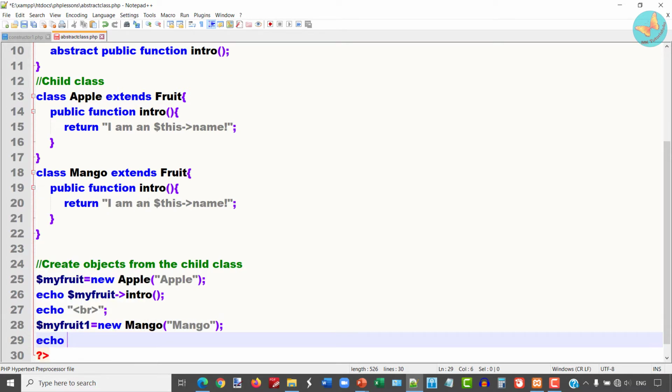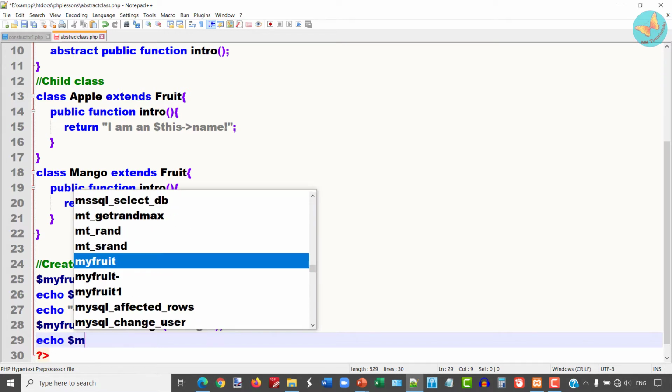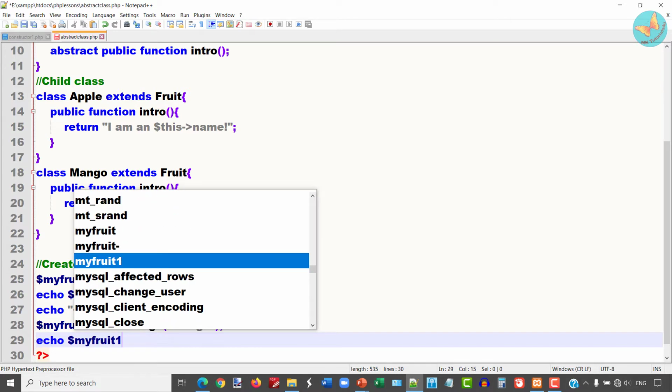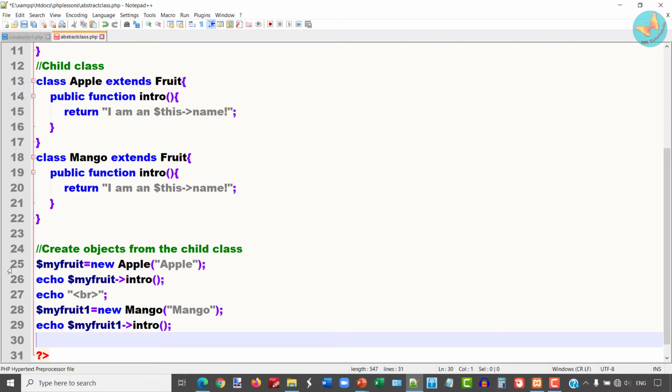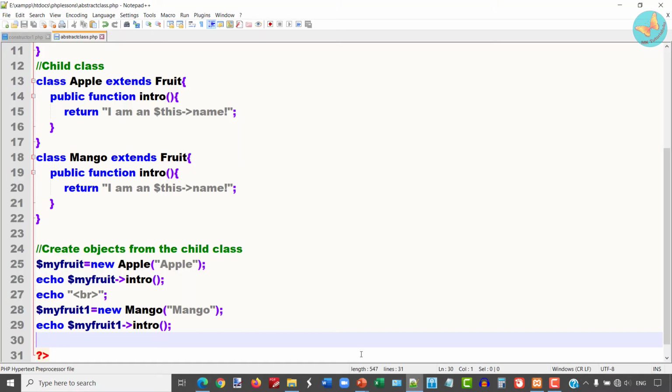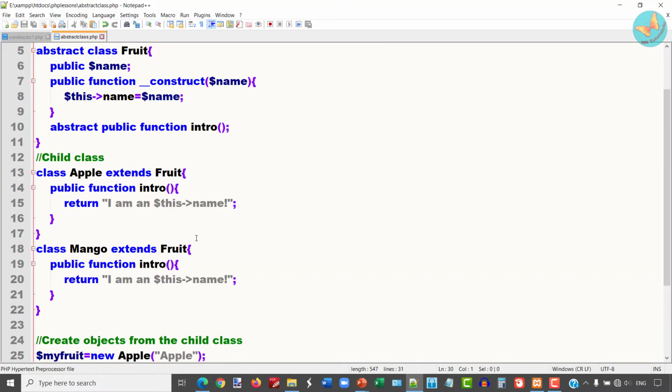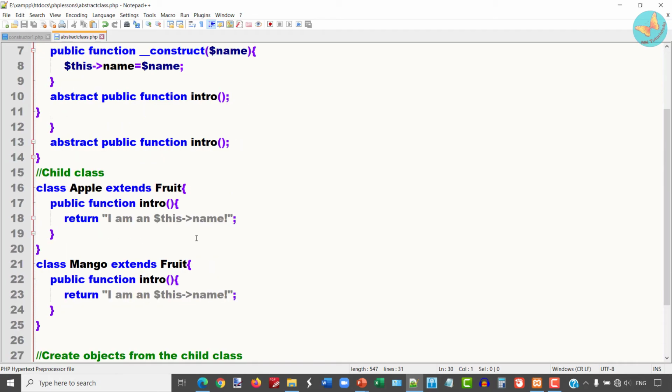Next I'm just going to call my fruit 1 intro method. Let us save this again, go to the web browser, refresh it, and you can see now I am an mango is displayed. So this is how abstract class is implemented.